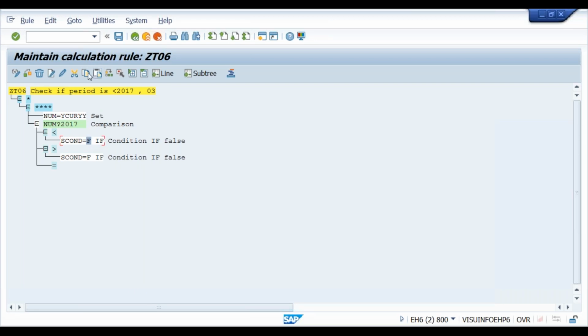Greater than, either false. But if the year is 2017, then again I need to check. So writing like this is lengthier, right? Okay. I just want to tell you how to read the current year and current period number into the year.